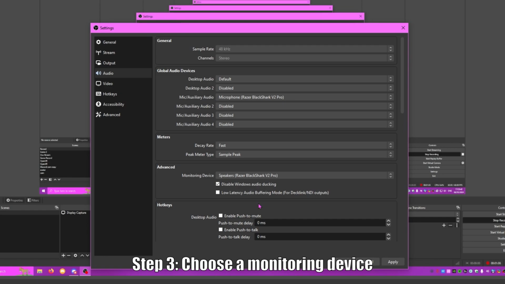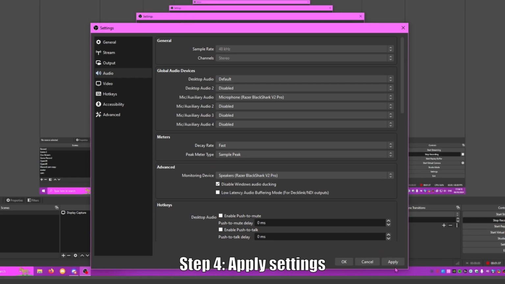But what happens if you choose your actual output device is that you will hear your audio twice. So to prevent that, you can try selecting a device that's currently not in use, and then you should not be able to hear your own audio twice. I don't see why it shouldn't work, but if that doesn't work, try again and select your actual output audio device. And that's all you have to do in the options. Click apply,